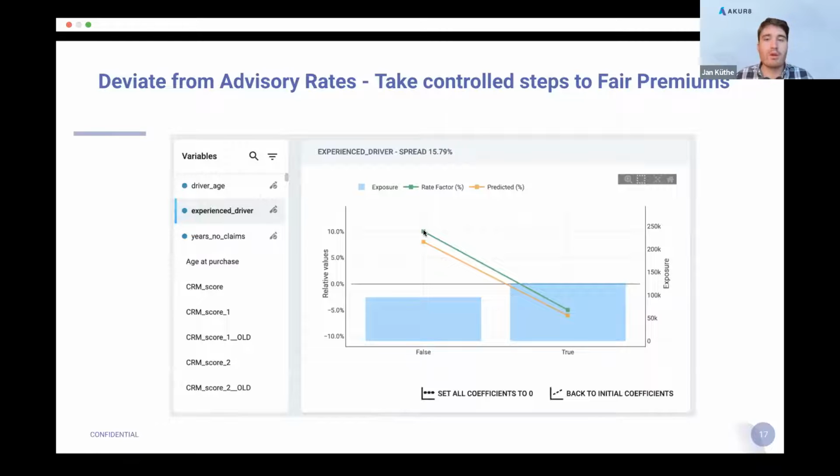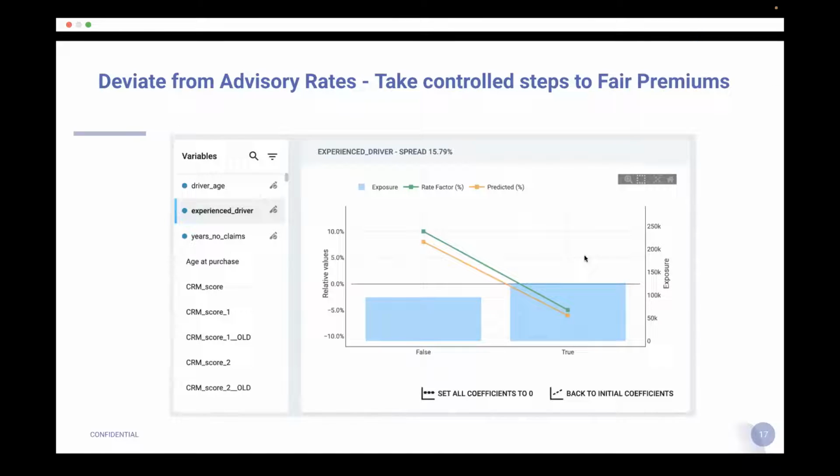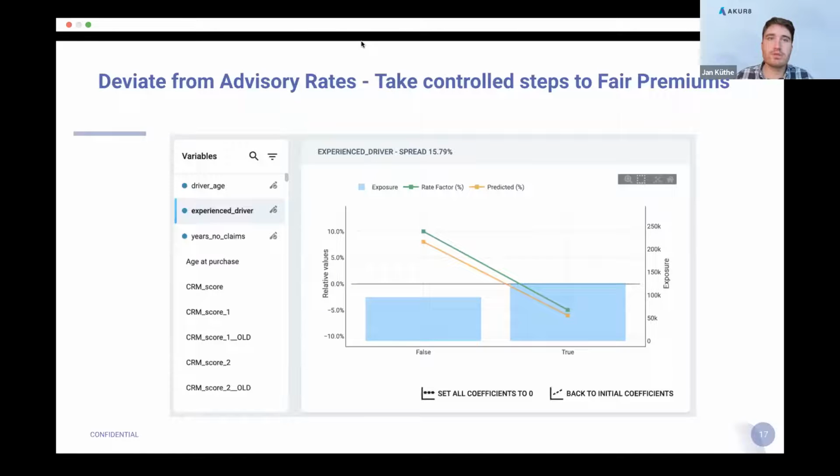For example, here we gave a surcharge of 10 percentage points for the inexperienced and a decrease of 5% for the experienced drivers. Some other changes here are all indicated by the data. And yeah, this is all understandable. You can understand everything of this and take those informed decisions.